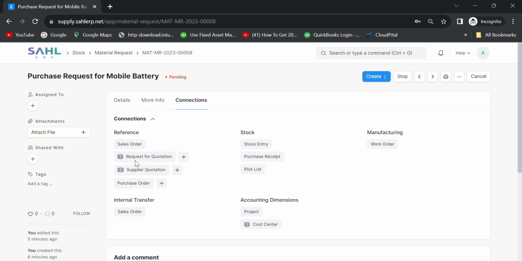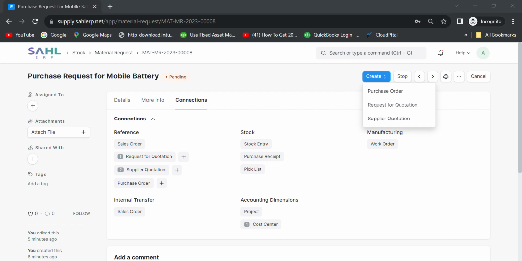If you see here now in this connection, we can see one material request for quotation is raised and we received two suppliers' quotations on this one. So we can compare the two suppliers' quotations, and after that we can decide whether we have to issue the purchase order or not. So let's say after the comparison, the next step is to